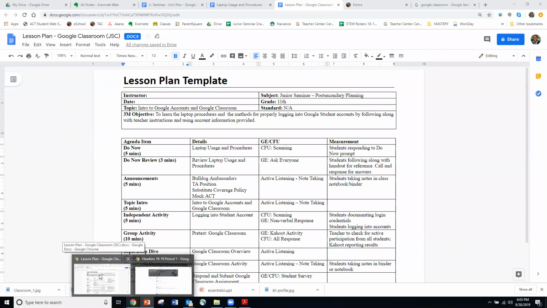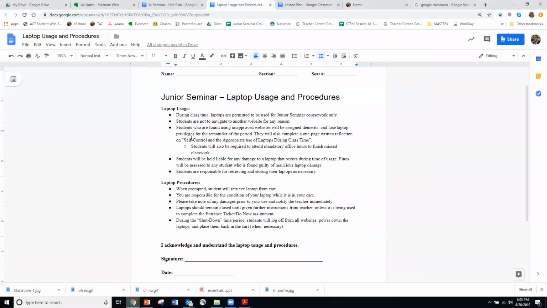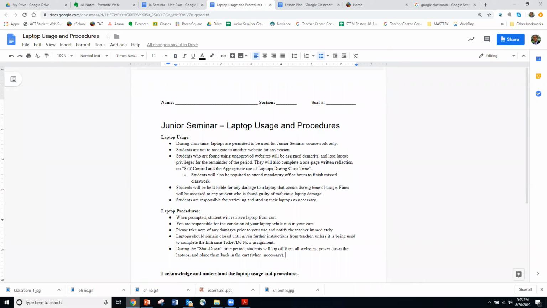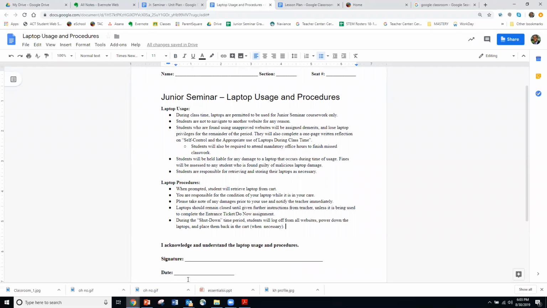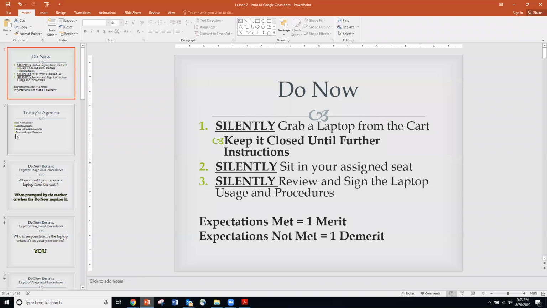It's really important for our students to be able to norm on some of the ways that we're going to engage with technology in the classroom, and my expectations for what that looks like. So when they first come in on this launch day for laptops in Google Classroom, I have them read through this as their do now, annotate it, and then sign it at the bottom and date it as their agreement. Once they complete that step,